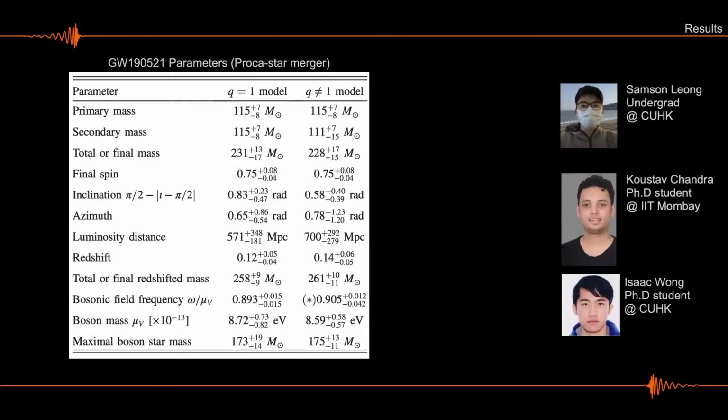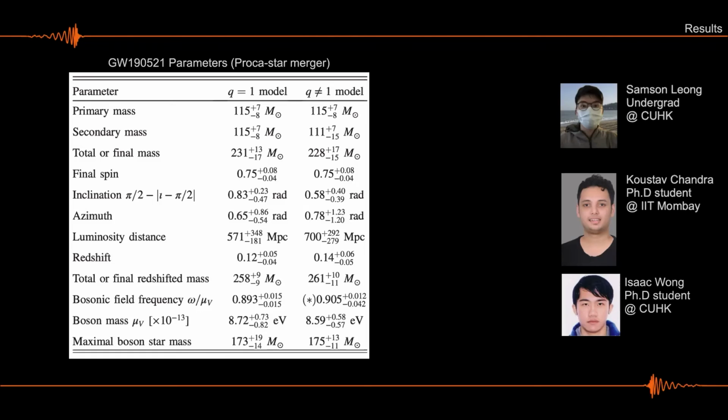So all of these students from Hong Kong and India helped a lot in doing this analysis, and these are the conclusions we obtained. For our initial equal mass model, we obtained masses that are actually higher than those of LIGO. And this is because we obtain a luminosity distance that is 10 times shorter than the one LIGO obtains. But this makes sense. This is no problem. The thing here is that we are doing a head-on collision. A head-on collision is much weaker than a circular one in which the two things have time to accelerate.